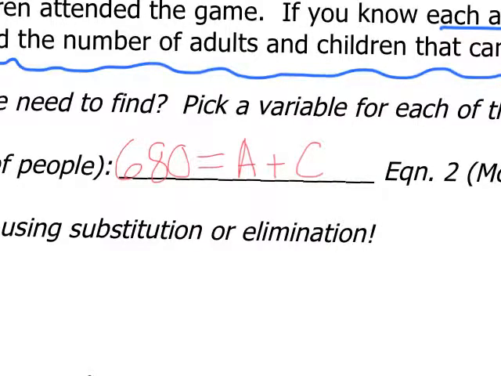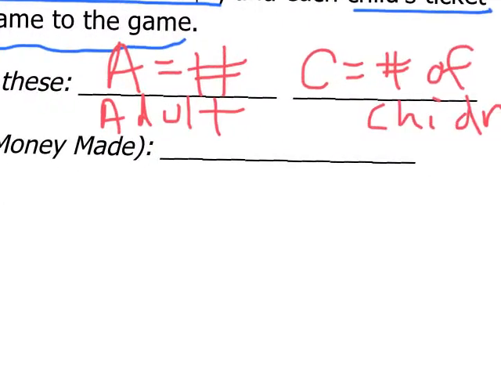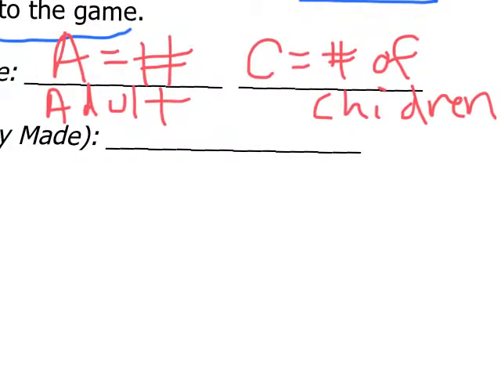And then my second equation is all about the money. Okay, for the sake of room, I'm going to get rid of that just because it was in my way. You guys already have that down. All right, so now let's talk about the money. So again, we're going to try to do total equals everything else. So what is the total amount of money made? 5,040